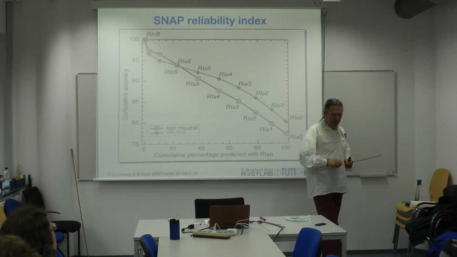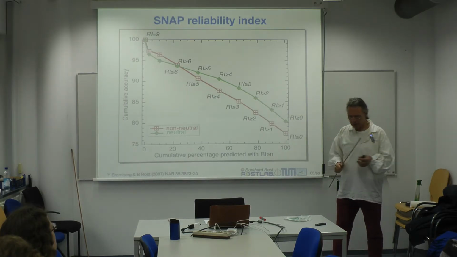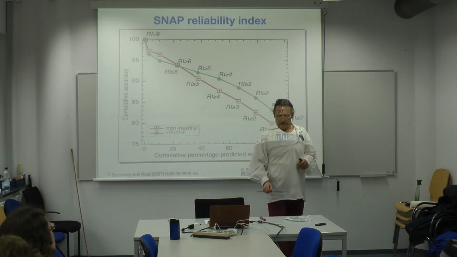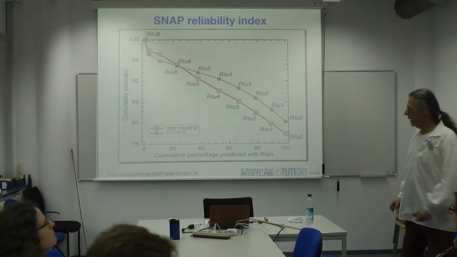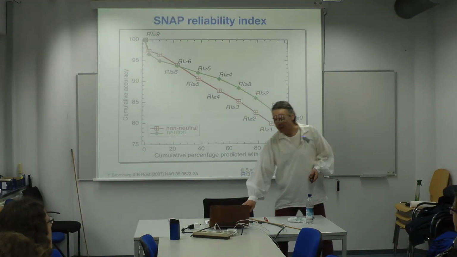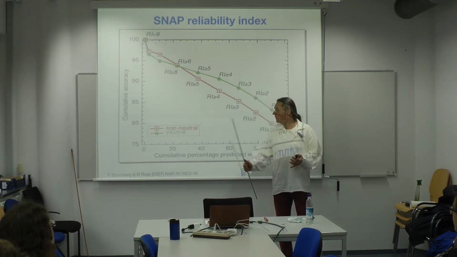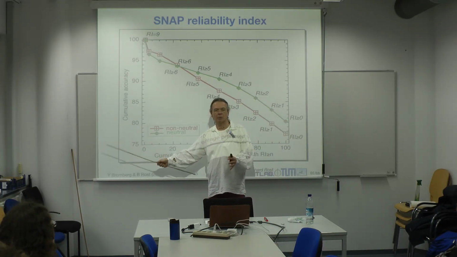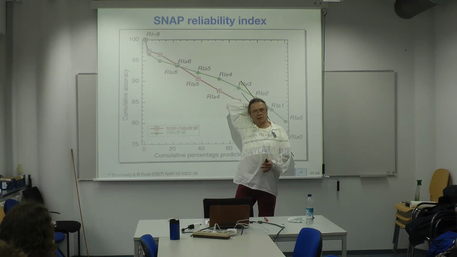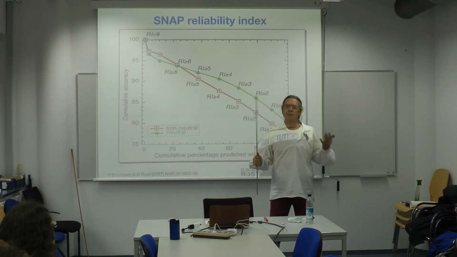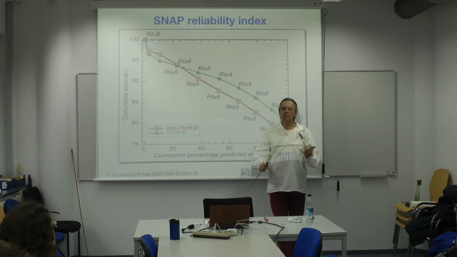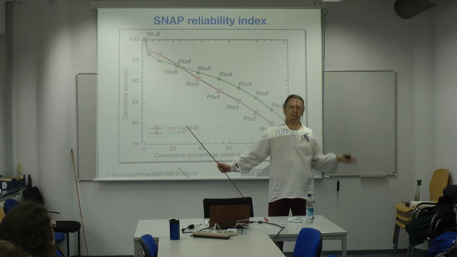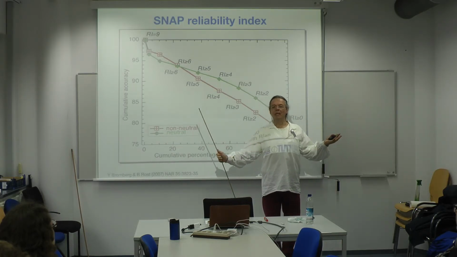Now what you see here are two curves. One red for the effect, one green for the neutrals. They have different shapes. We go into the next phase where I'm going to show you, again on the same axis that I had before, where minus 100 is very strongly predicted to be neutral and plus 100 is very strongly predicted to be effect, and I'm going to open the can of the binary classification. So far all I had is neutral versus effect. Now I'm going to introduce something in between.